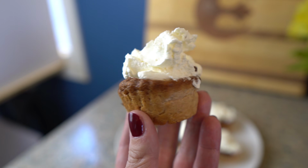Now I've got one more very special cheesecake recipe that I want to share with you,